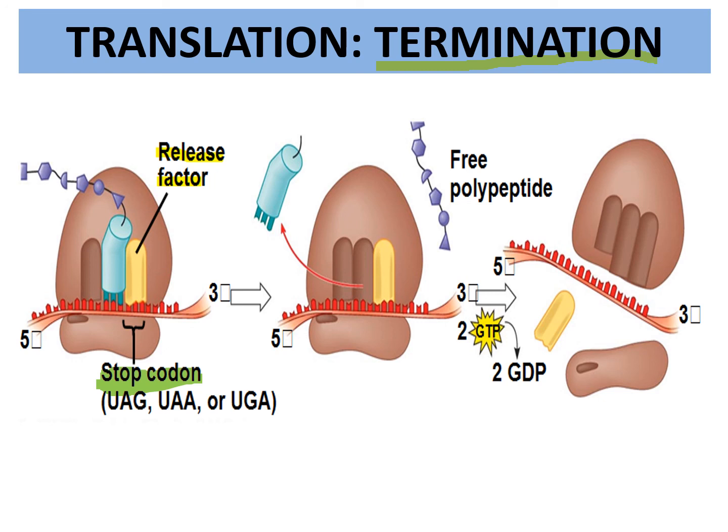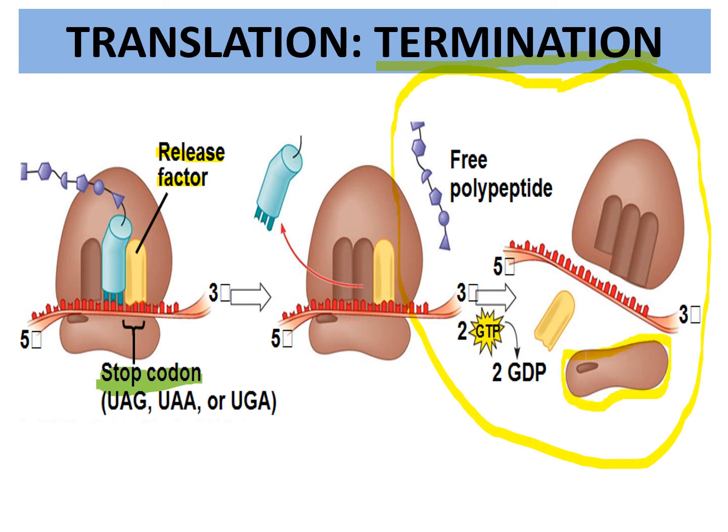And the moment that takes place, your entire translation initiation complex comes apart. So your smaller ribosomal unit and larger ribosomal unit move away from each other. And when that happens, your mRNA molecule will move away, and we then have a free polypeptide,